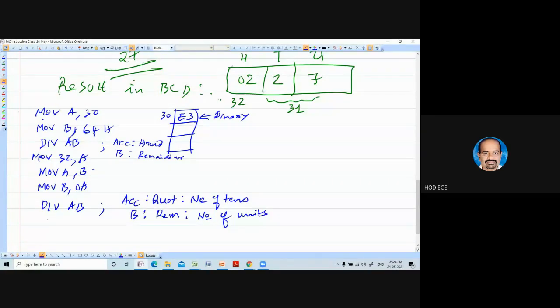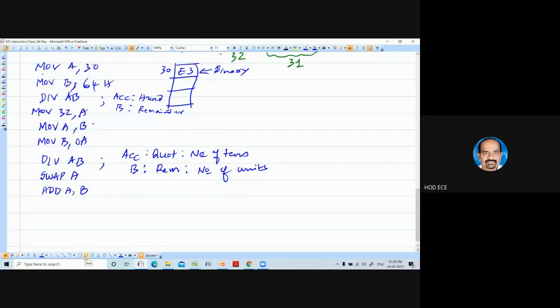Now you have to write SWAP A. When you do SWAP A, 02 becomes 20. Add it with the B register: ADD A, B. So you will get 20 plus 07, 27. That you move to location number 31.